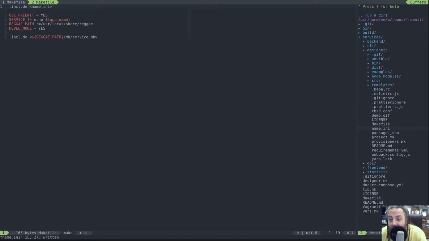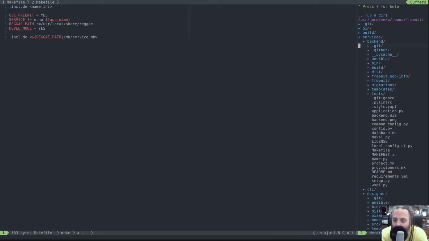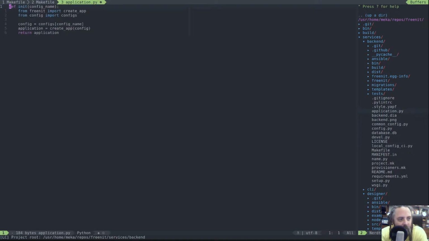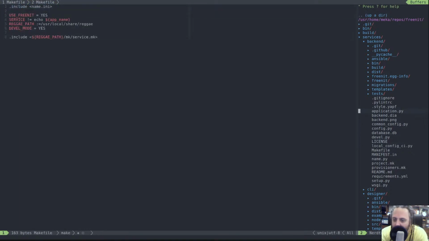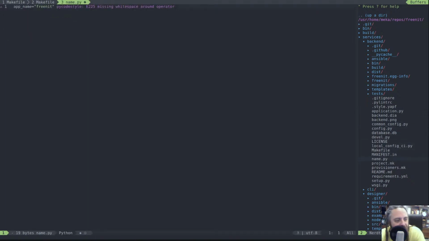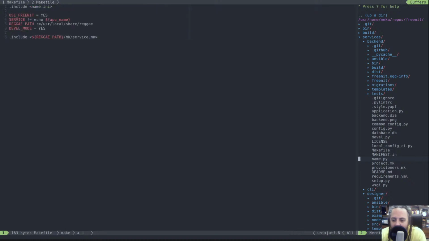In this case, too, if it's a backend, for example, it's even weirder because it should be name. It has app name equals something, and it's a Python file that just accidentally